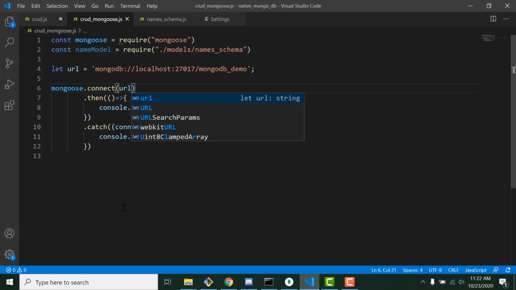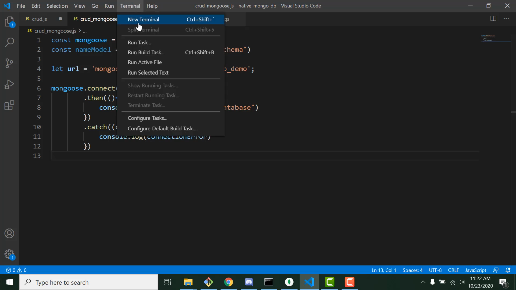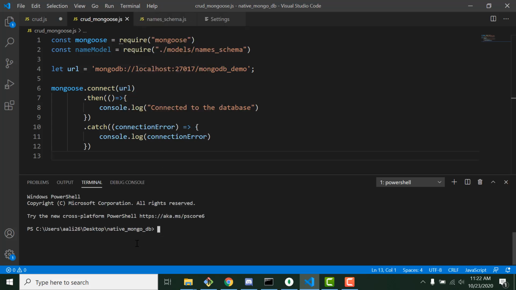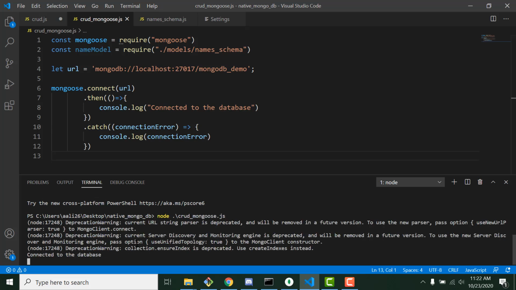So now let's open the terminal, and let's go with node crud mongoose. As you can see, there are some warnings here about something that is going to be deprecated in the future. So it's better to follow the instructions mentioned here. They are saying you should pass this one